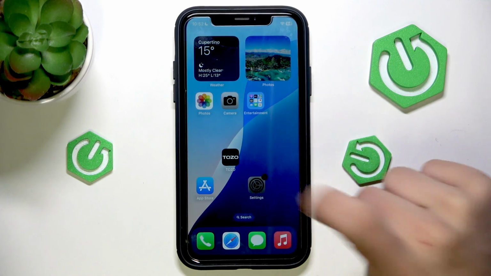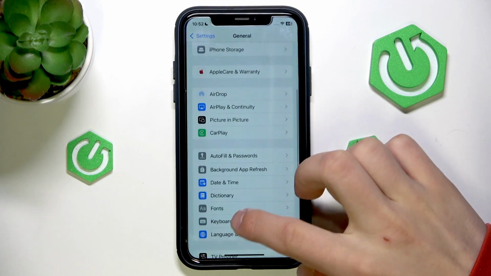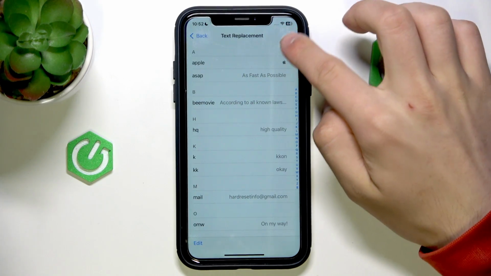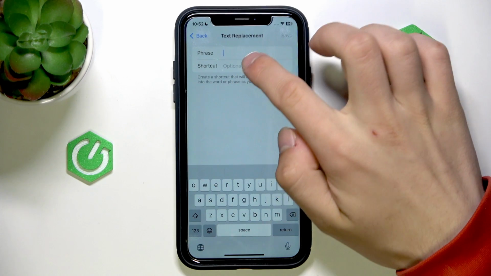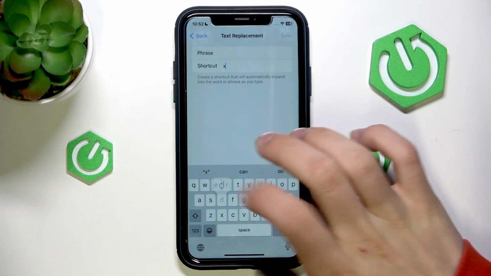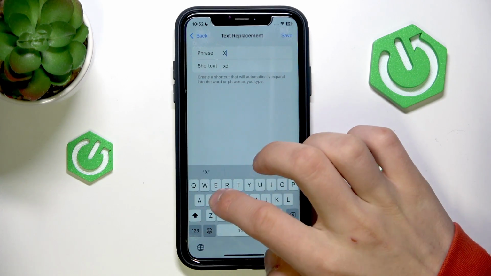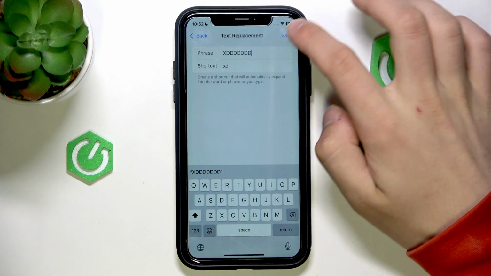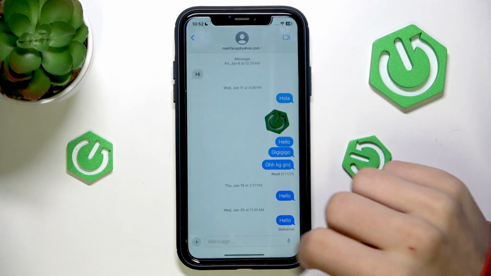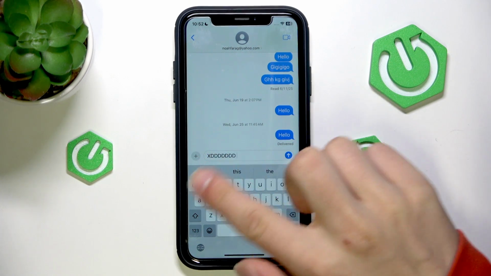So first go into the settings, then general and keyboard. Now text replacement. Click create, and now type in the shortcuts. So for example, when I type XD, I want it to be replaced by the capital XDDDDDD and save. So now let's go to the iMessages and type XD, click space, and as you can see,